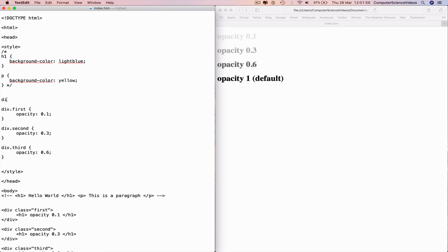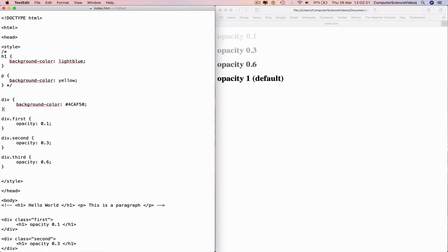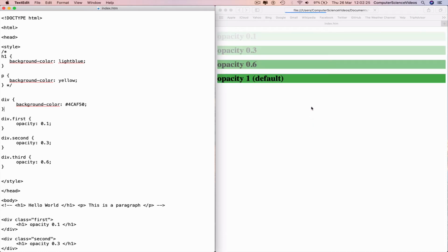Div, curly brace, new line, background color, take from the top code line, highlight, copy, paste, colon, hashtag 4CAF50, semicolon, curly brace. Command S to save, go back to the web browser, right click, reload the page, and what